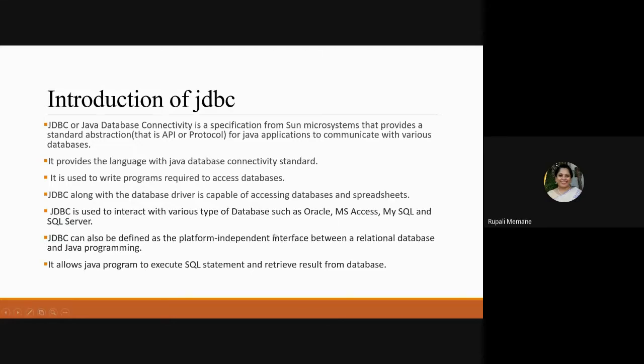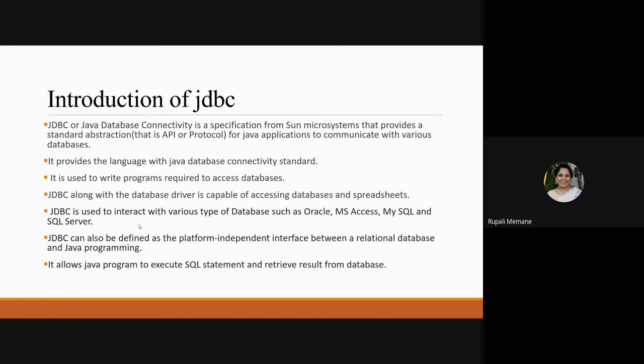Now they have given you a list of databases which can be used, or with which JDBC can be used. You can add your PostgreSQL, your MySQL, everything over here. Now it is also a platform independent interface between the RDBMS and the Java program. And it allows the Java program to execute SQL statements and retrieve results.